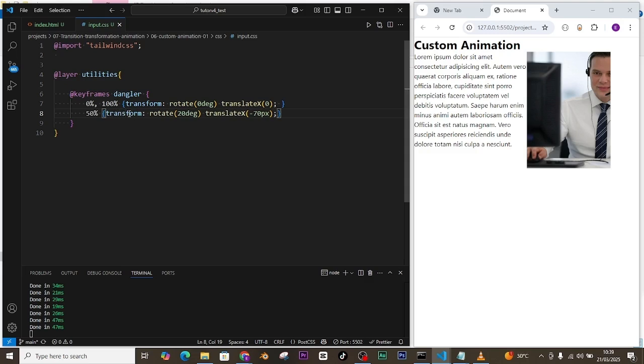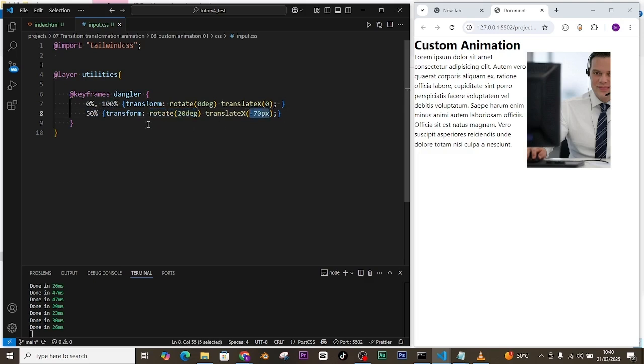This is transform, and okay. So on the timeline, it should stay at the initial state, that is no rotate and no translate at the initial state and at the end state. But in the middle of the transformation, it should have rotated by 20 degree and also move horizontally by minus